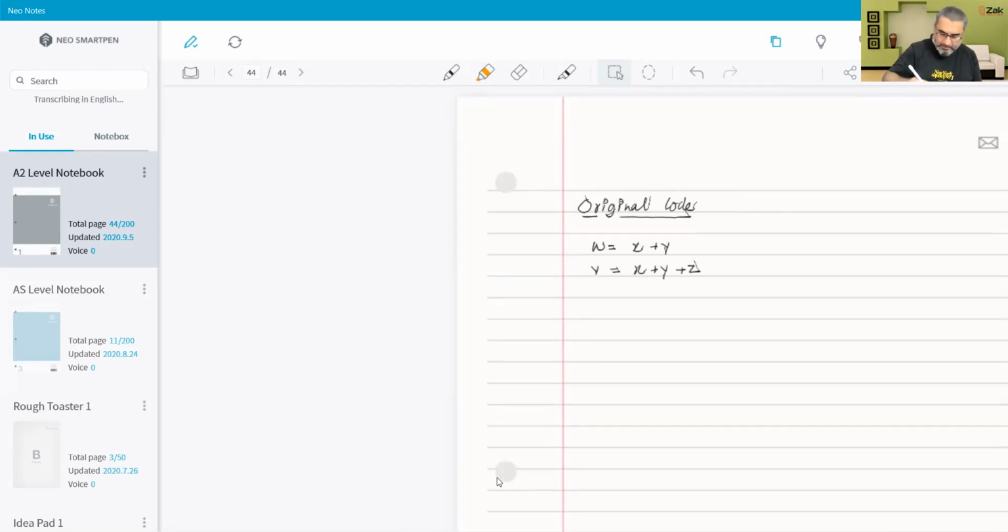V is equal to X plus Y plus Z. What you have to observe is that X plus Y is being used twice, so we are making the processor do the same thing again. As far as we are concerned, we don't care about it, because whatever X and Y are, we can do it again and again, and the computer can do it again and again as well.